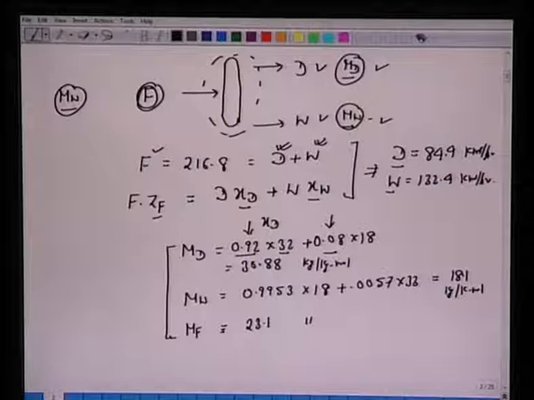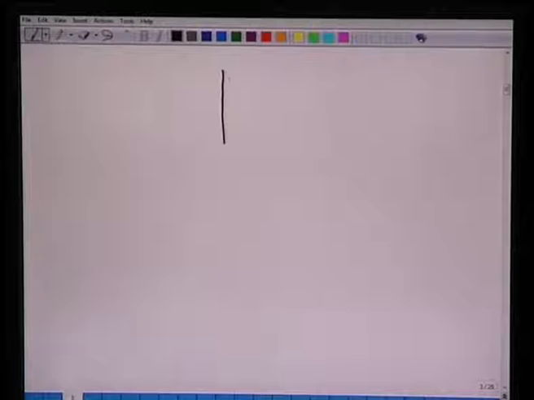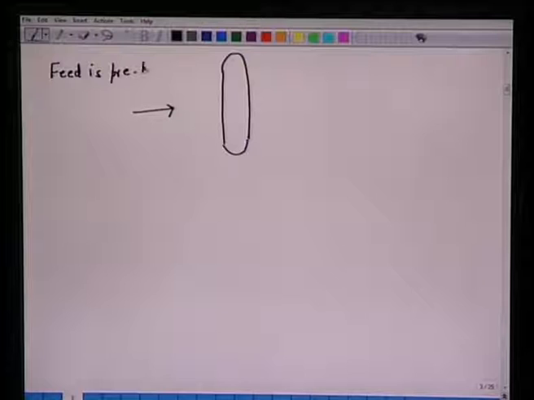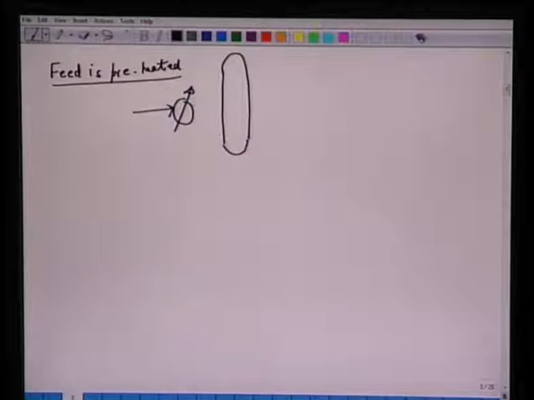Okay, now the problem here says that the feed which is brought into this column is preheated. So what we have here is the feed is preheated. Alright, so we have a heat exchanger here by which this feed is heated before we send this to the distillation column. So the feed is actually at 26 degrees centigrade, and we know the flow rate of feed, we know the composition of this feed, except mole fractions and molar flow rates, temperature. This is heated. Now how do we heat?